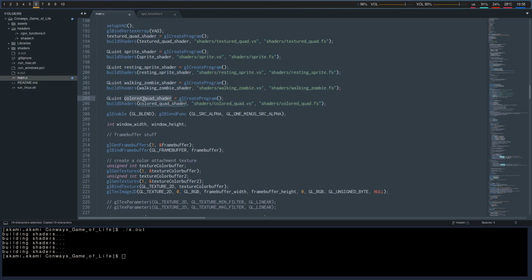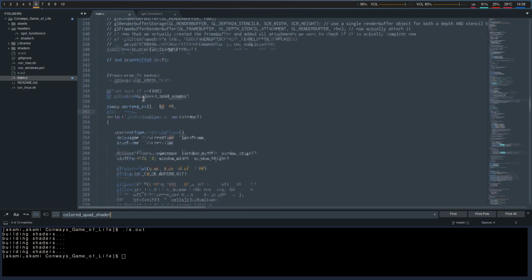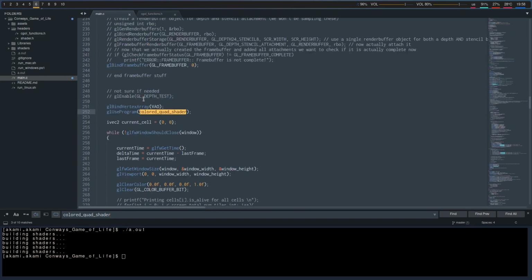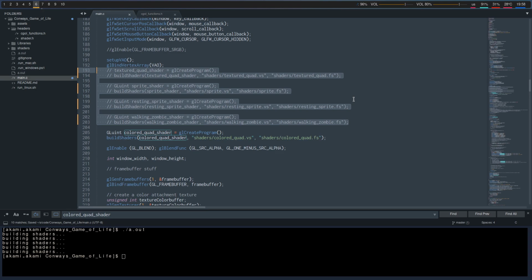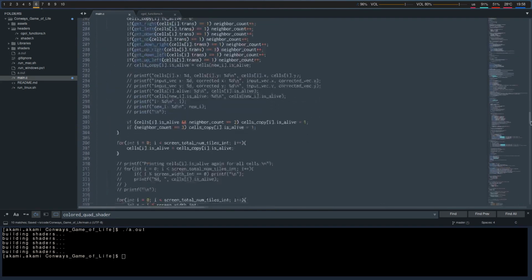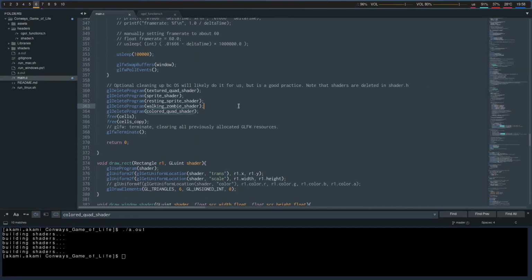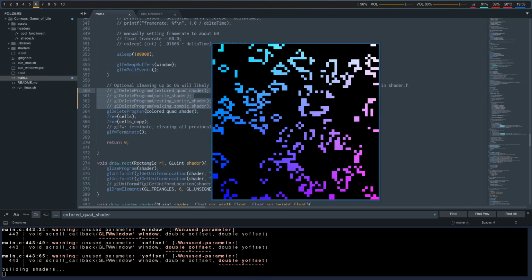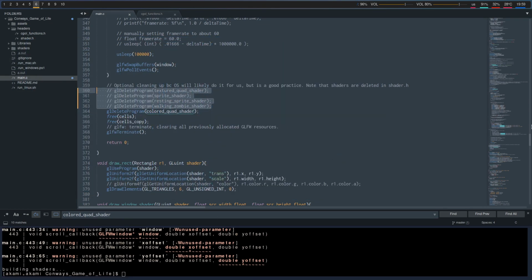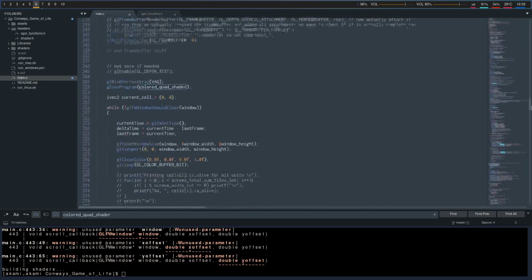Let's see here. Got a bunch of different shaders. Yeah, that's the one that's being used. So let's see. Sorry if I comment all these out. And I believe it's gonna bite me down here. Let's see what happens there. Yeah, it runs fine. All right, then